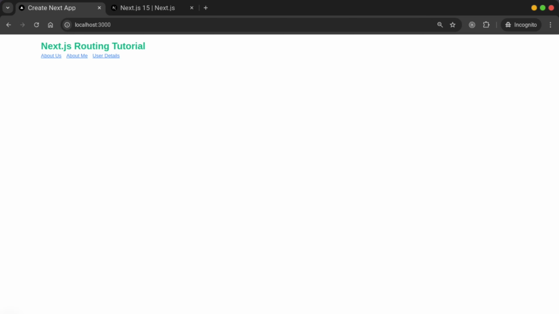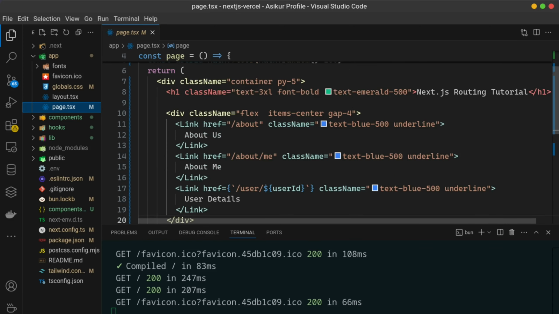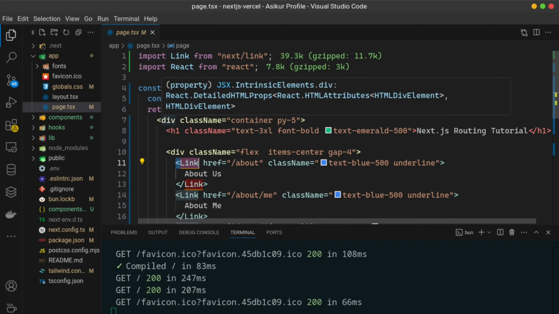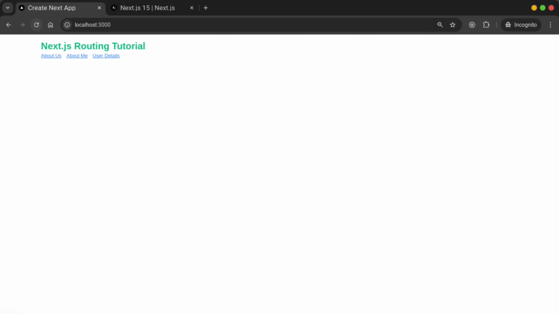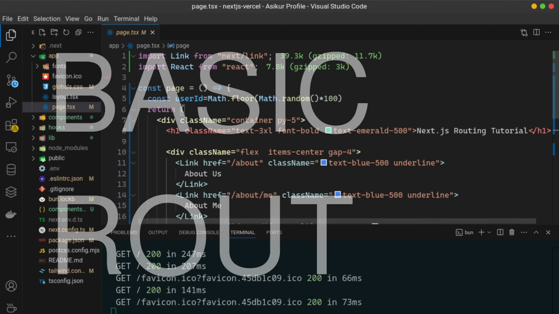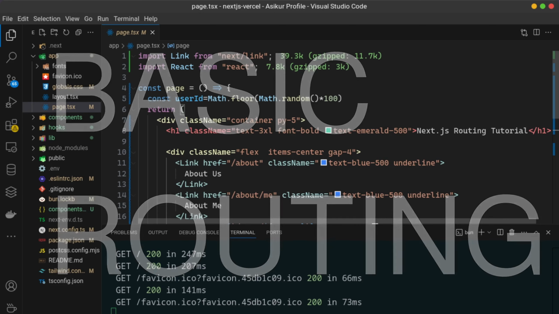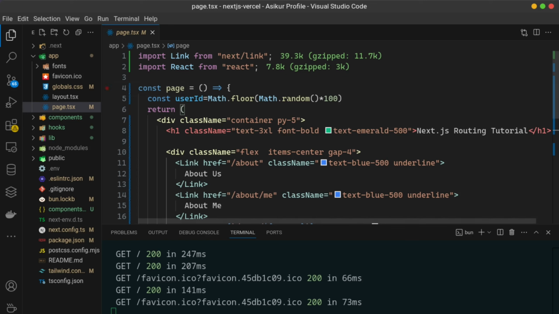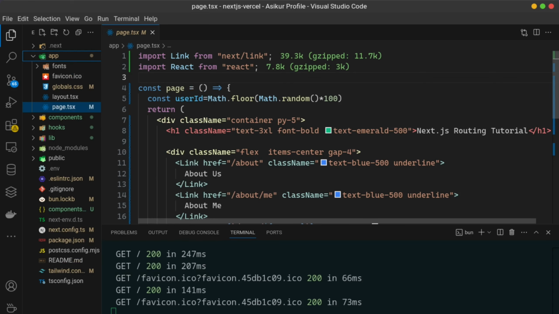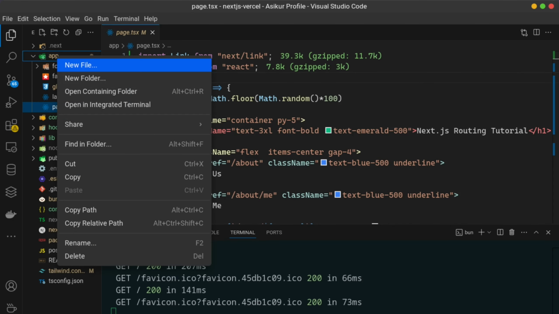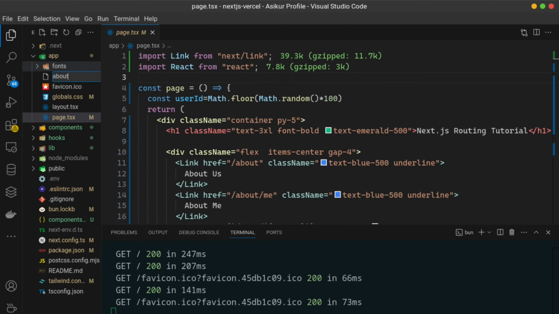I have run this page, and I have linked to some pages using Link from next/link. So this is our home page. If we want to create a new route like slash about or slash services, or anything that you need in your app, like you need a slash about page,